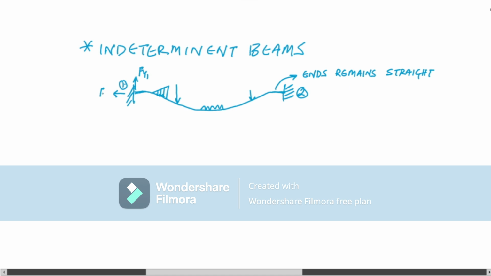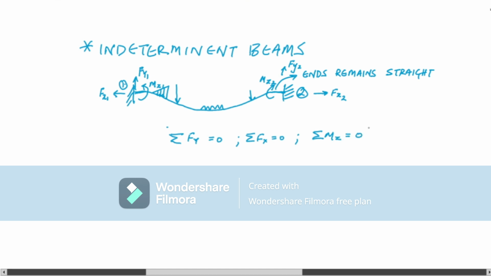So in those cases you have 6 parameters to solve the bending equation. You have to find the horizontal deflection and vertical deflection on both sides, so these are 4 parameters, and then the moment on both sides. So you have to find 6 parameters, but you only have 3 static equations: the force equilibrium equation in the x-axis, the force equilibrium equation in the y-axis, and